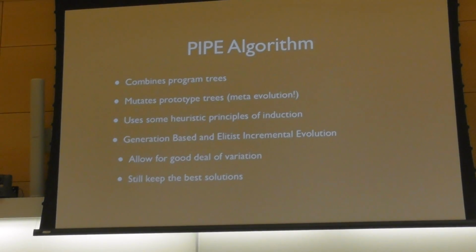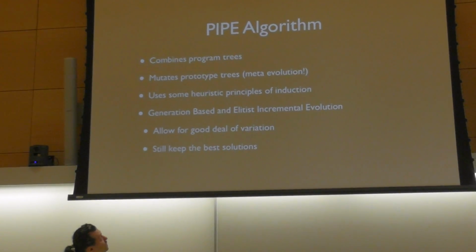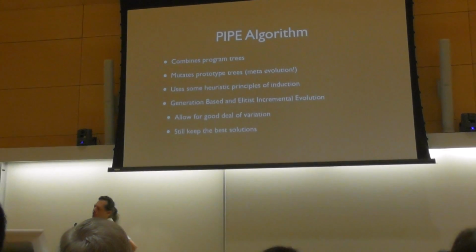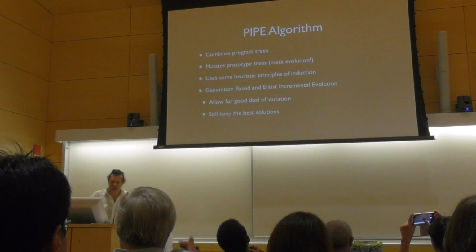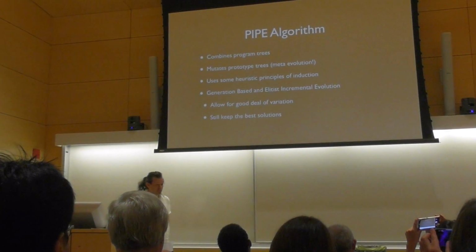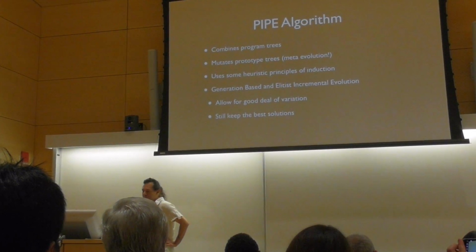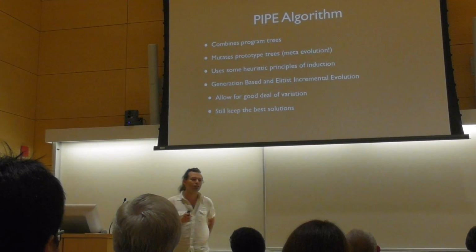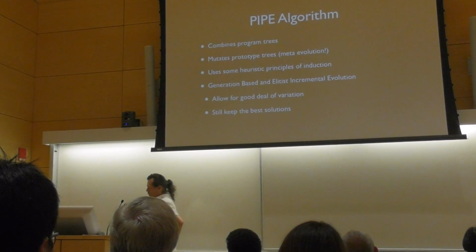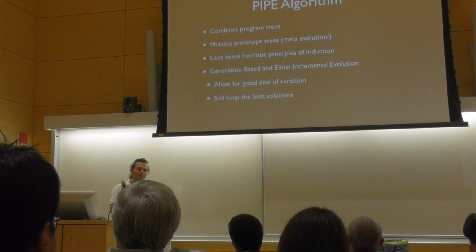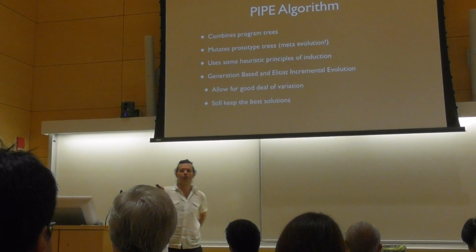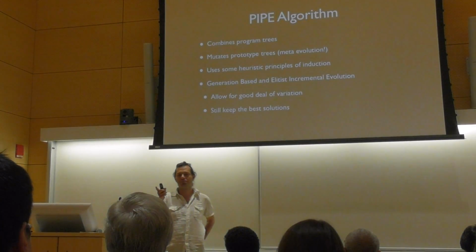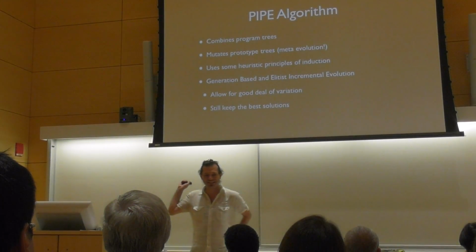Okay, so how does PIPE work? It's a genetic programming approach. It combines program trees. It doesn't use crossover. It mutates prototype trees, so that's kind of meta evolution, right? It's not just evolving the programs, but the thing that generates programs. Got it? So that's important here. That's what gives this algorithm its